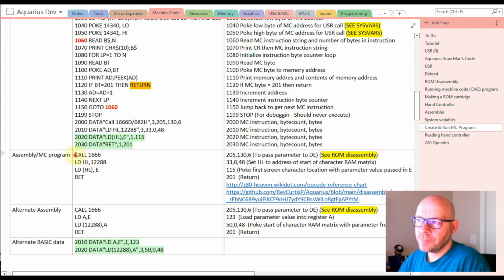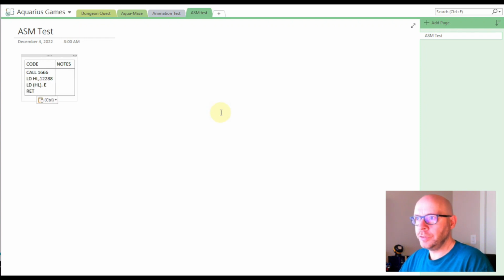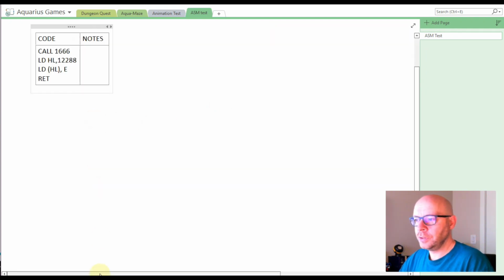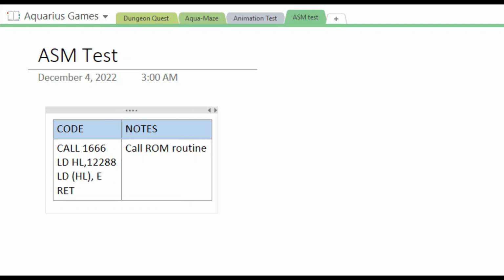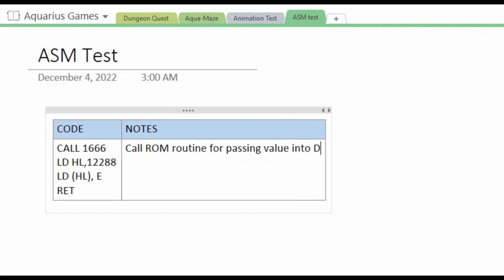Here, so I'm just going to copy this program, Control C, and paste it over here, Control V. Zoom in a bit so we can see what we're looking at here. Alright, so here's our program, and I'll just put some notes here. Alright, so the first line of our program, it calls a ROM routine, which allows us to pass value into the DE register pair. I'll say for passing value into DE